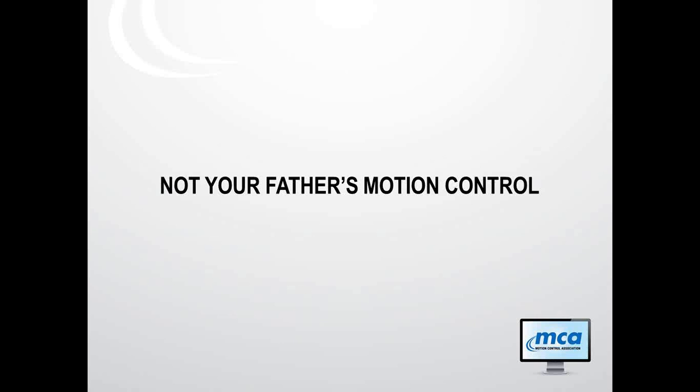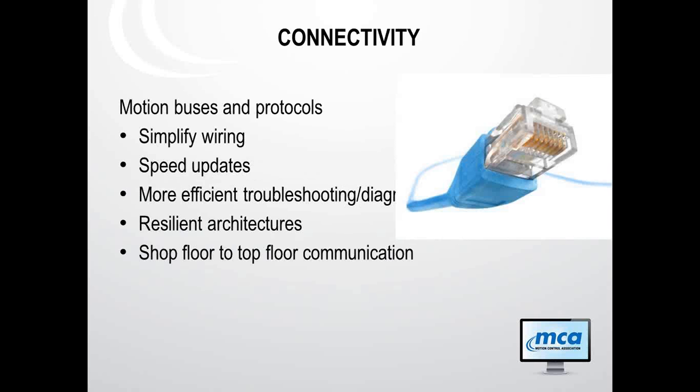One of the key enabling aspects of all of this is that motion control has really evolved in the last 5-10 years, so that a lot of the characteristics that wouldn't have made it appropriate for some of your lower tech, more demanding applications, it's viable. For example, we have connectivity, Ethernet,